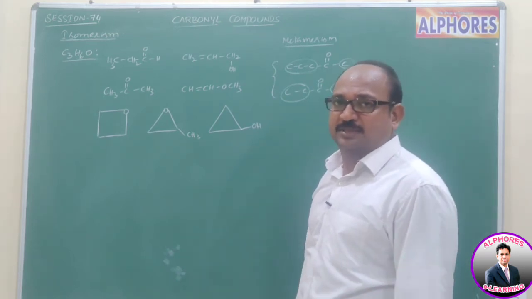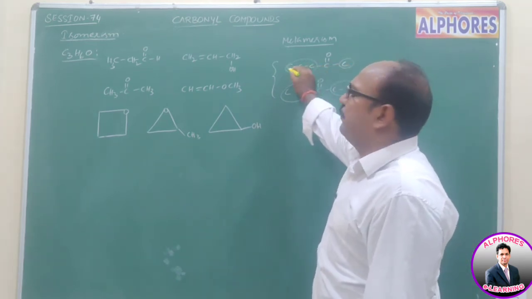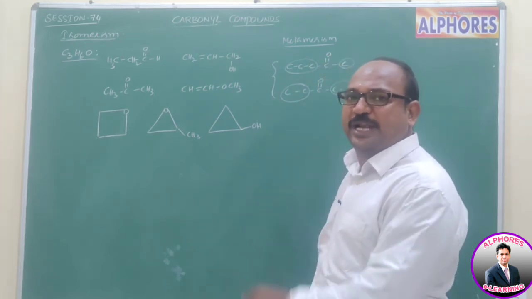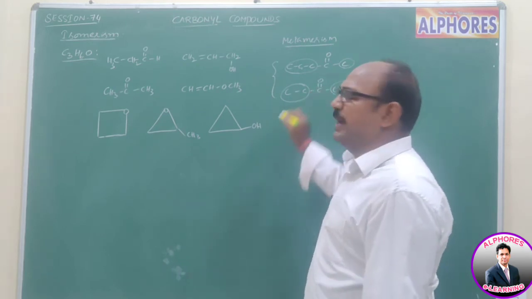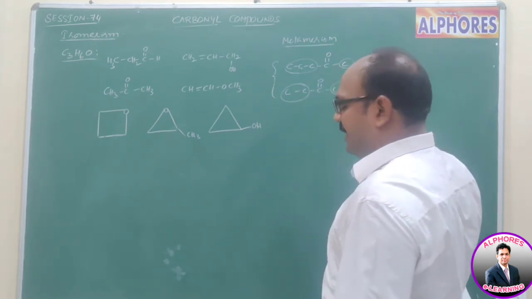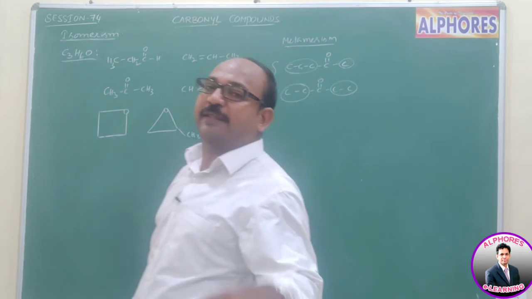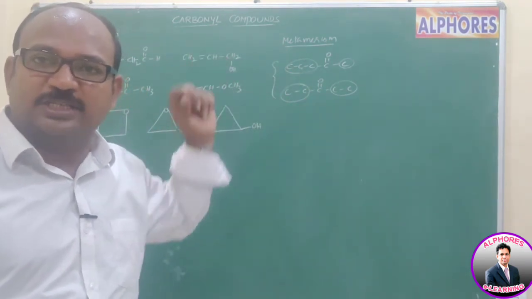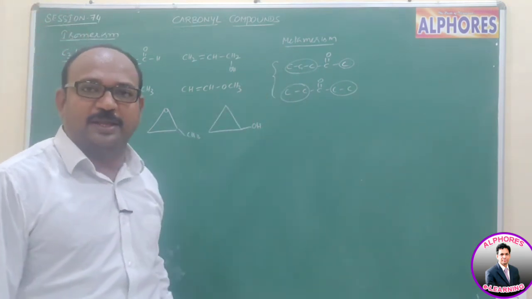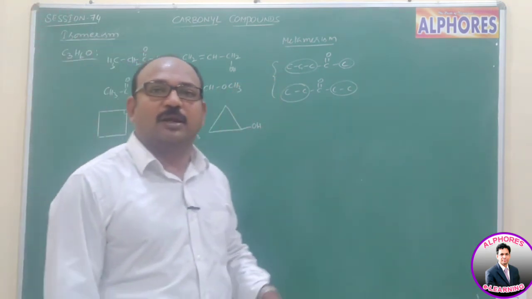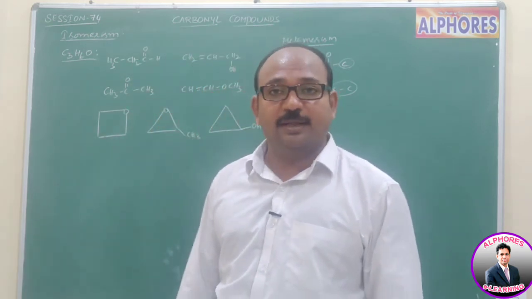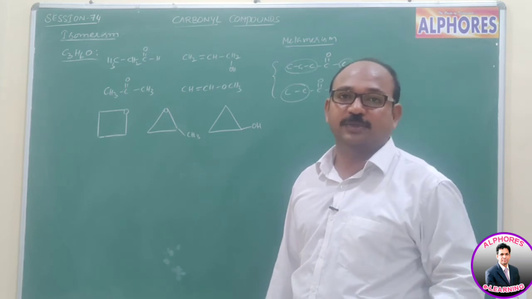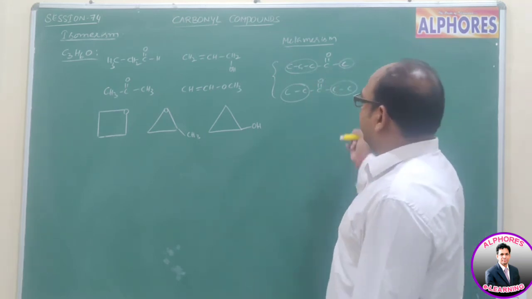Now let us name this. 1, 2, 3, 4, 5. It's called 5 carbons, and C=O is at second carbon. So it is 2-pentanone. And this one is 3-pentanone. Just now I wrote here 2-pentanone and 3-pentanone are positional isomers because they differ in the position of C=O. Now I am explaining here 2-pentanone, 3-pentanone are metamers also. Then actually these are metamers or positional isomers or both? You think?